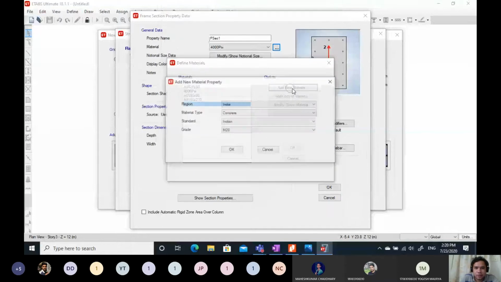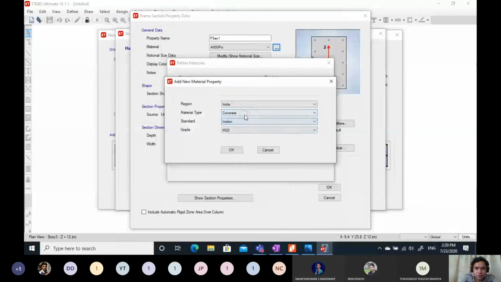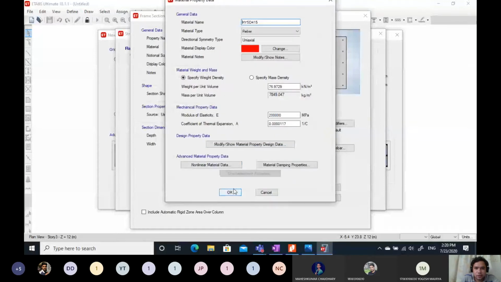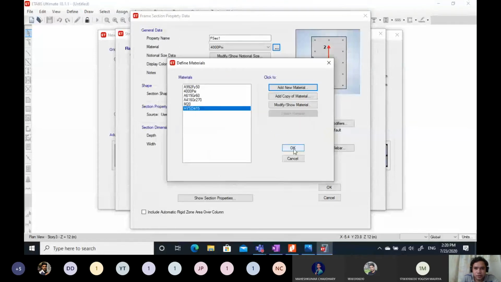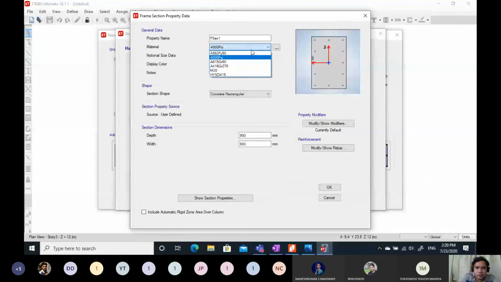Okay, add new material, rebar. Okay, so two materials are added. Now select M20 and let us write the column section as column 400 by 300, 400 by 300.